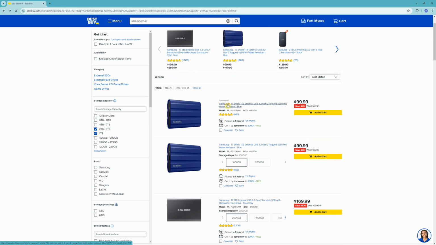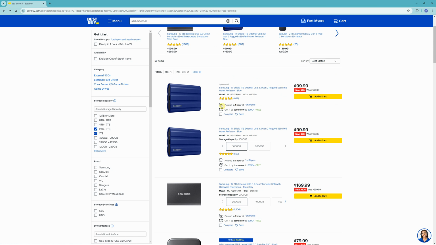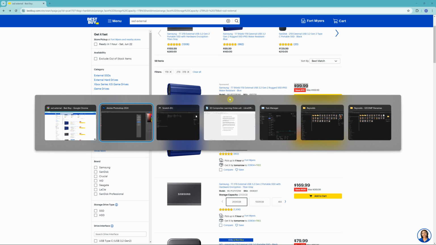I know that sounds like a lot, but believe me, Photoshop will use that if you are doing a lot of batch processing. These are relatively inexpensive. Like here's a 1 terabyte for $100. It does not have to be a fast drive. I've done testing